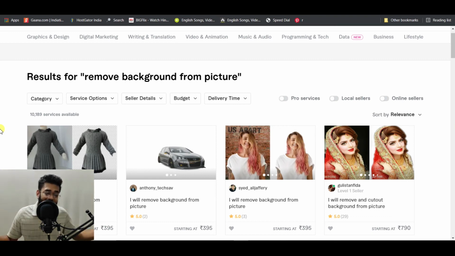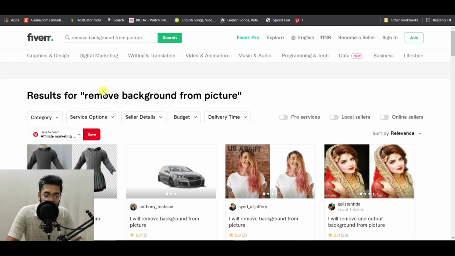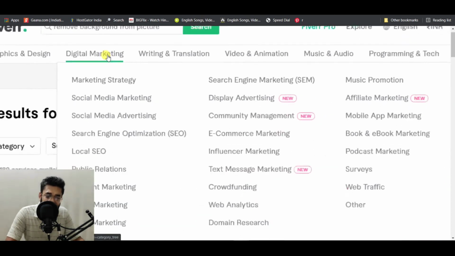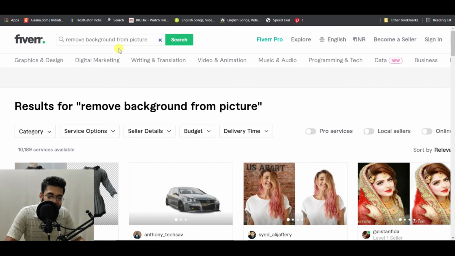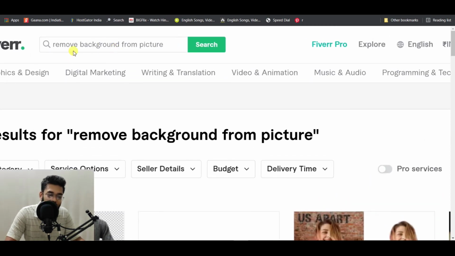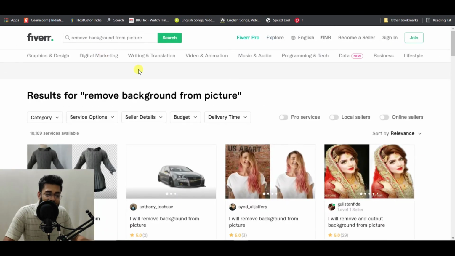Now this does not take a full worthwhile time, okay? It can be done in a very short period of time, as well as whatever tips I have given you for the Fiverr gig, if you apply those tips, then definitely it will work out for you. And target this keyword, just note it down in your diary or write it down in your smartphone, okay? Remove background from picture, because this is the keyword which has the lowest competition in this niche and in this category, okay? So definitely take action on this strategy,